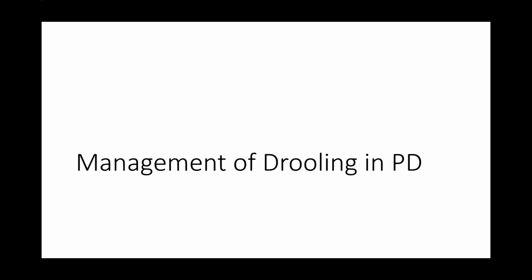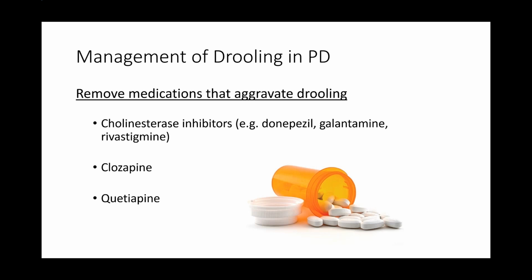So the real reason for the talk here is the management of drooling and Parkinson's, and I'm going to give you some details about this today as well. The first thing to do, if you can, is to remove medications that may aggravate drooling. So the class of medication called cholinesterase inhibitors are medications used for memory and thinking. These include donepezil, also called Aricept, galantamine and rivastigmine, called Exelon, and my mind's kind of actually blanking about the